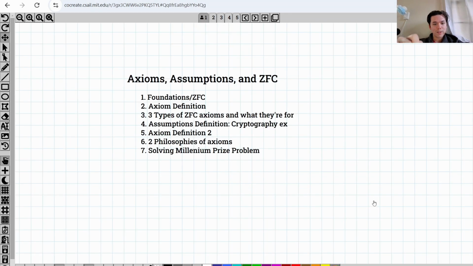And so to review, what are the things to know? I'll go all the way back to the first slide. Well, the first thing to know is that ZFC is a set of axioms that makes up our first mathematical statements that we base all the rest of mathematics on, and we make it out of sets. Axioms are statements that, if we're thinking of them in the Platonic way, are just things that we think of as self-evidently true, because we have to start somewhere to be able to prove things. We have to start with some statements that have enough power to be able to prove more things,